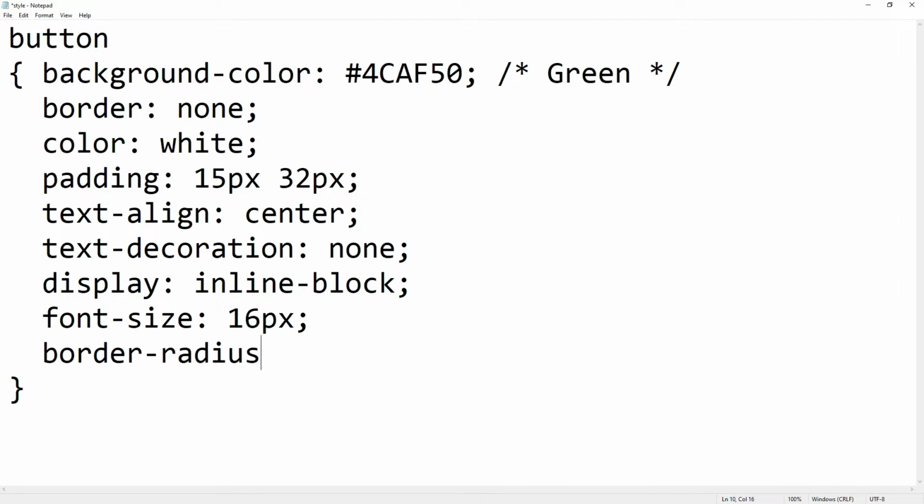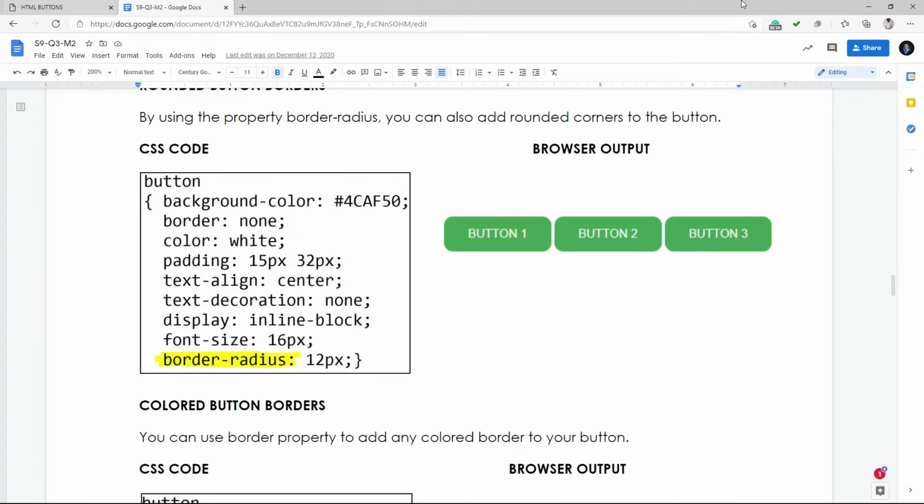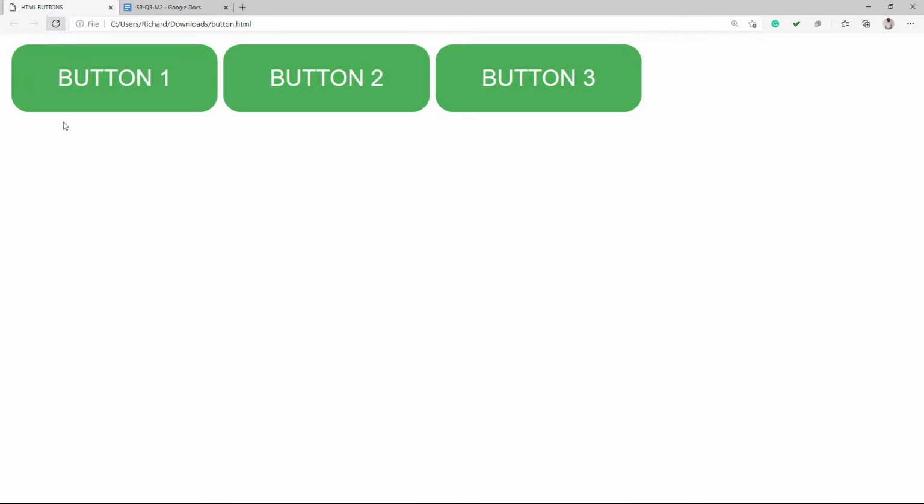Border radius. So, nakalagay doon 12px. So, I'm going to save this one. Then, let's go to the page. Okay, so as you see, ayan,